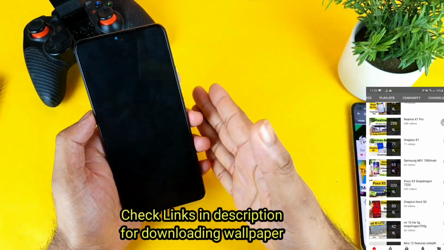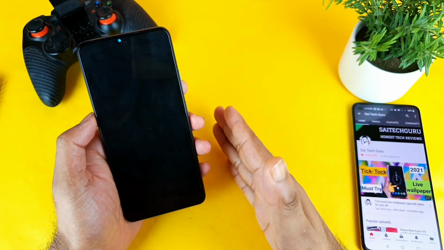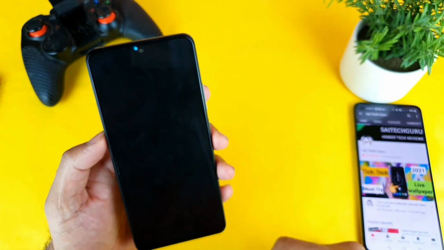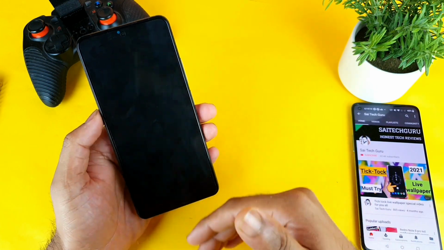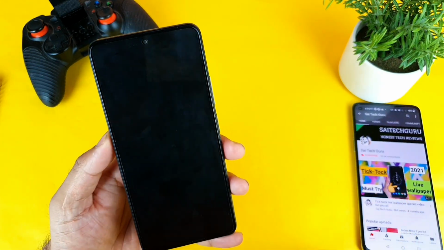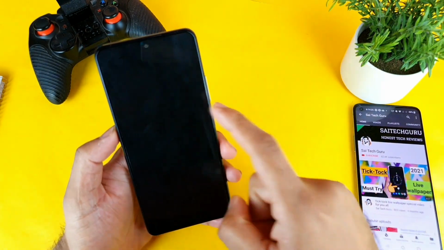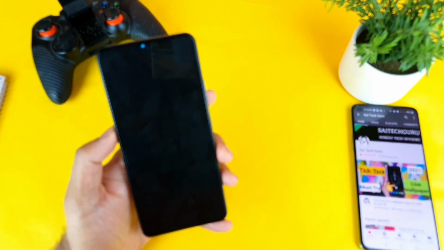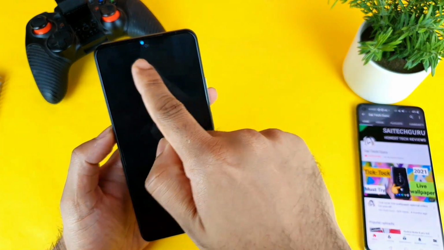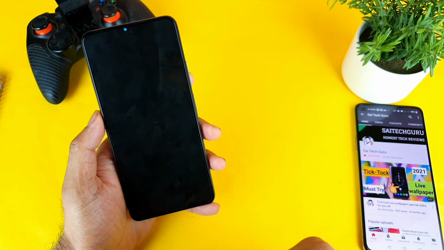Try to watch till the end of the video for the step-by-step procedure on how you can activate and set this kind of notification. Make sure to comment below what your thoughts are, and whether it's working or not. But in my device it's working perfectly, as you can see right now. By using this application you can use different colors for different applications, and you can set the position as well. If you don't want it in the middle, you can choose a different position. So let's explore what the application is and how to set it.